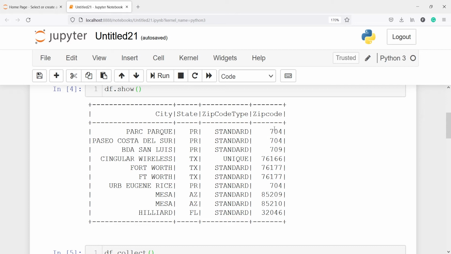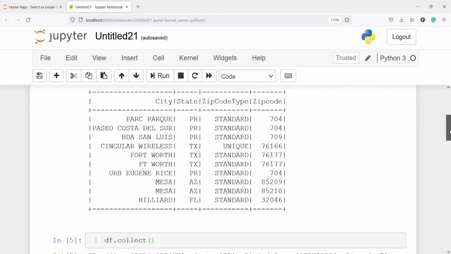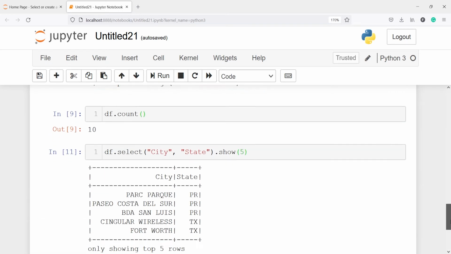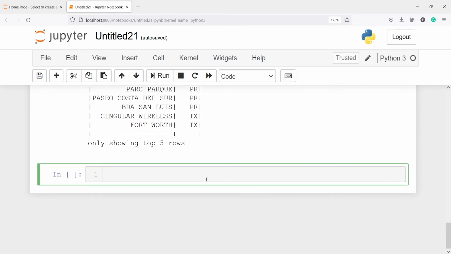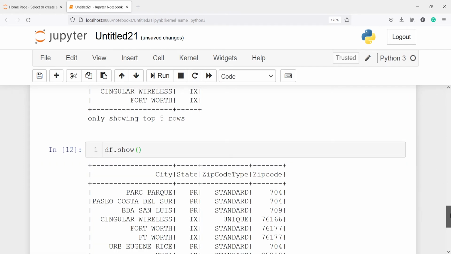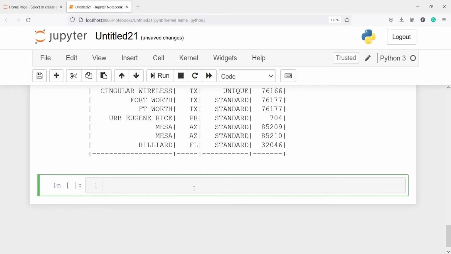So we will not get rows 704, 1, 2 and 3, because we want to see rows that are greater than 704. So I will show you. First I will print the data frame here, df.show. Now I will show you the filter. So I will call our data frame